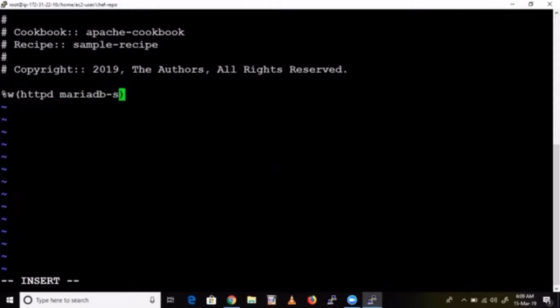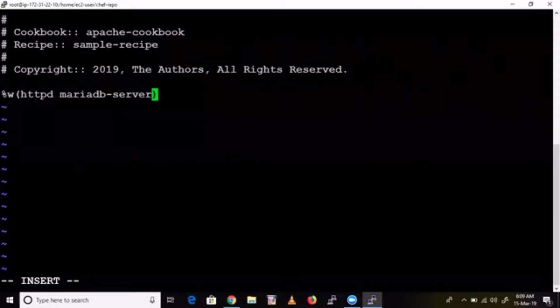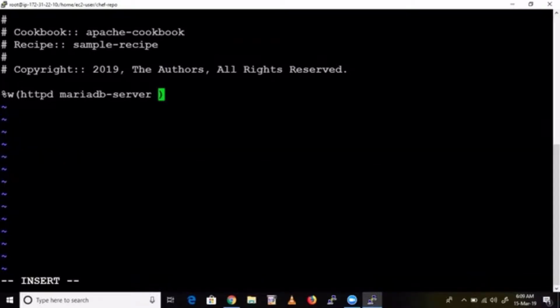The package name is mariadb-server. Any package you want, you can get the list from Google. Here I am showing you how to install multiple packages. Git is also a package, vim is one package. Like that, so many packages are there. So I want to install all these packages, tree is one package, and what else we installed? Okay, let's check till here.